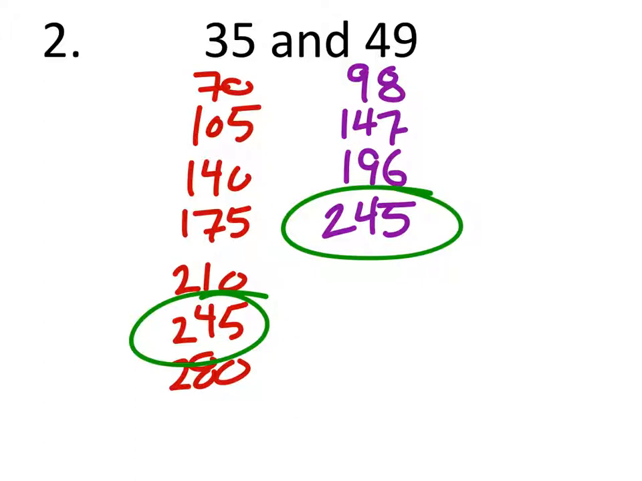Now it's not the same multiple, right? 49 times 5, and then 35 times 1, 2, 3, 4, 5, 6. That doesn't matter as long as we can find the same multiple of both. Now again, this is a pretty crucial skill when we're finding these common denominators, so it's important that you're able